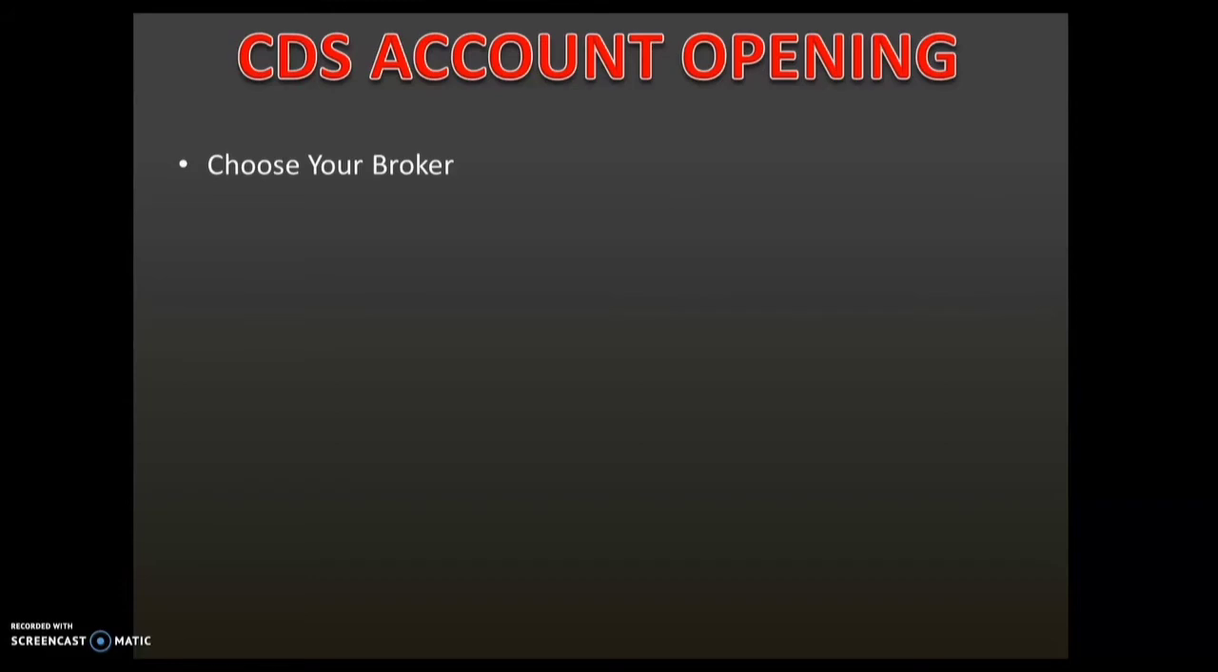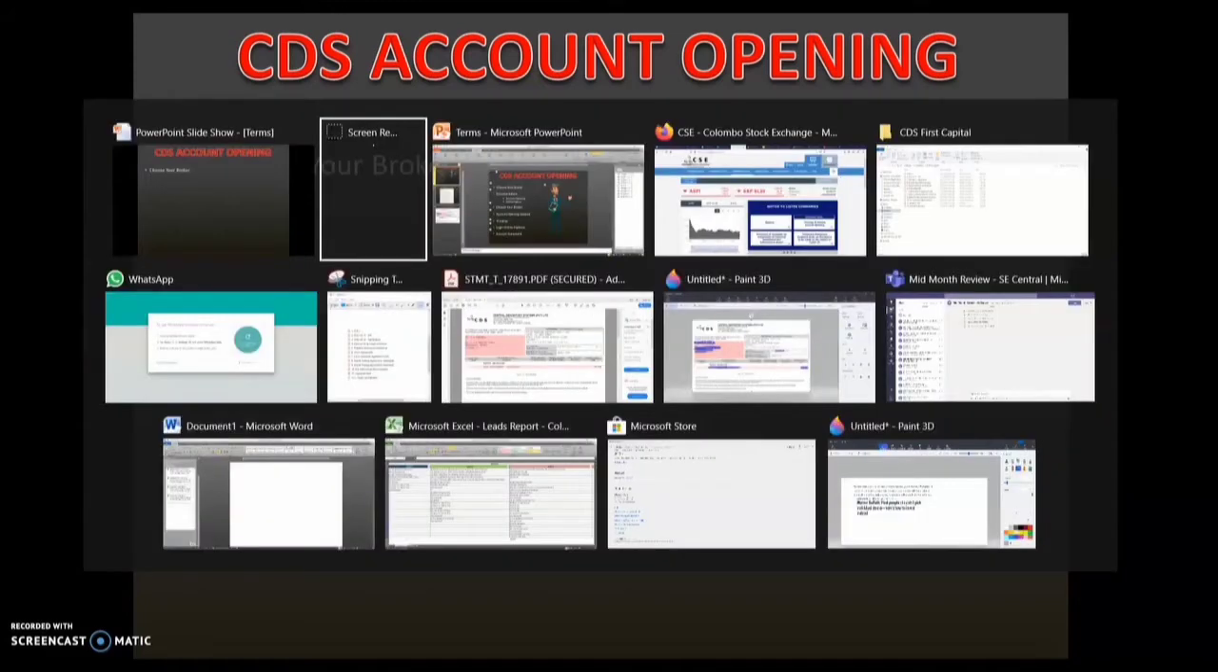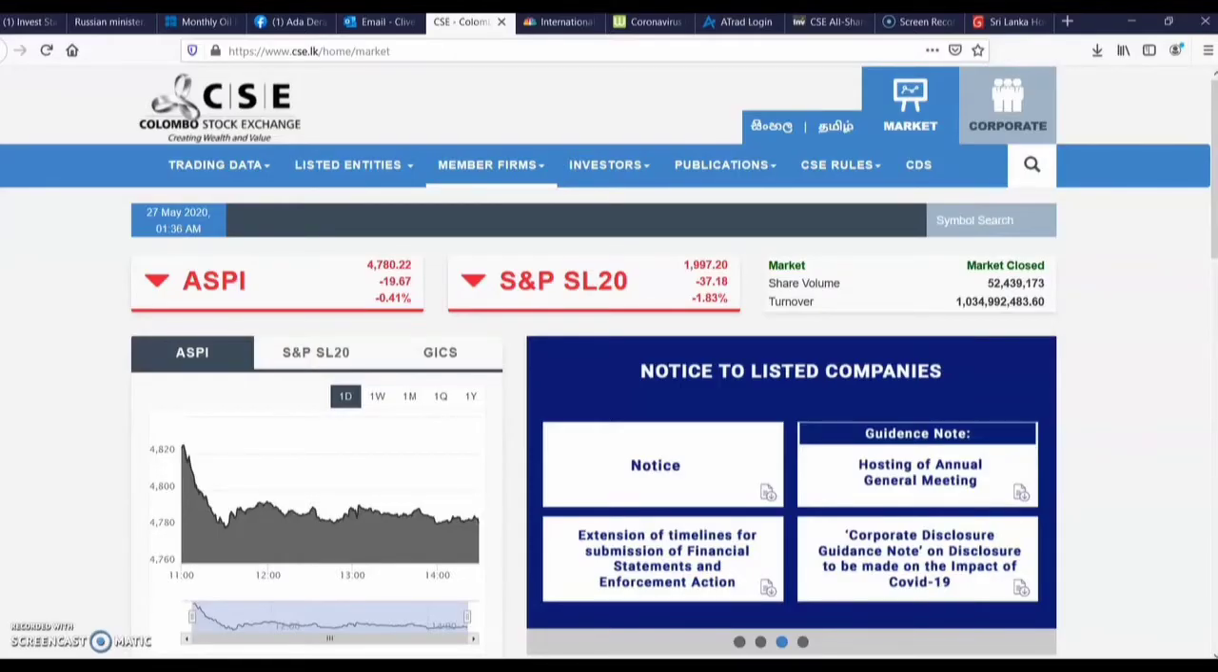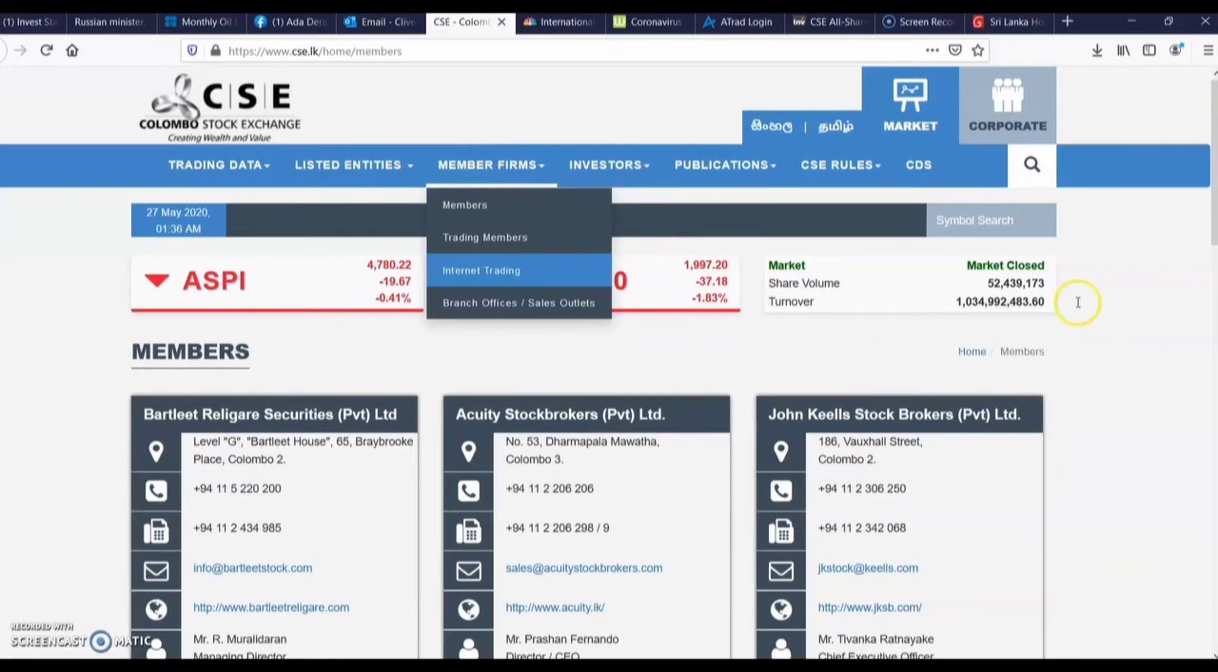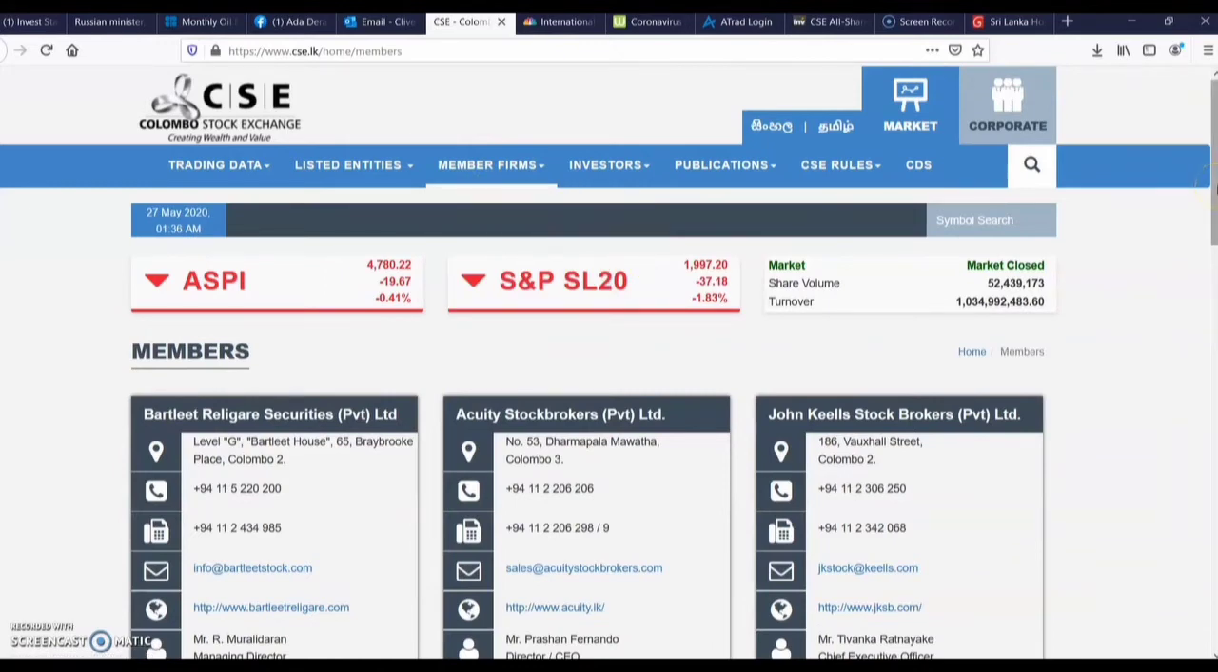If you don't know which brokers are available or exist in the market in Sri Lanka, you can find out from the Colombo Stock Exchange website. I'll show you how to get it. You need to go to the website, www.cse.lk. In the website, you can see the member firms. If you go to member firms and press members,